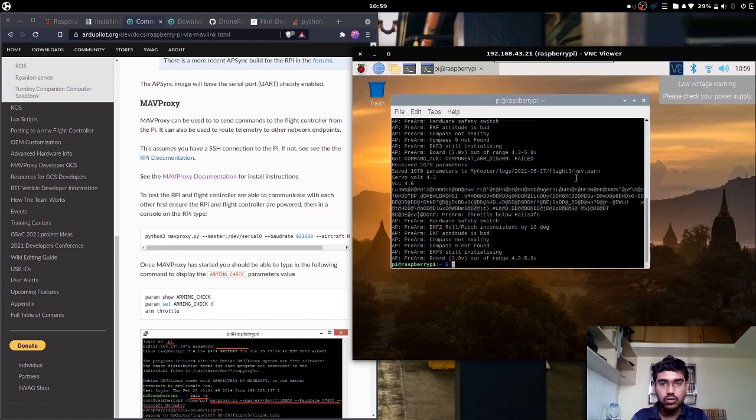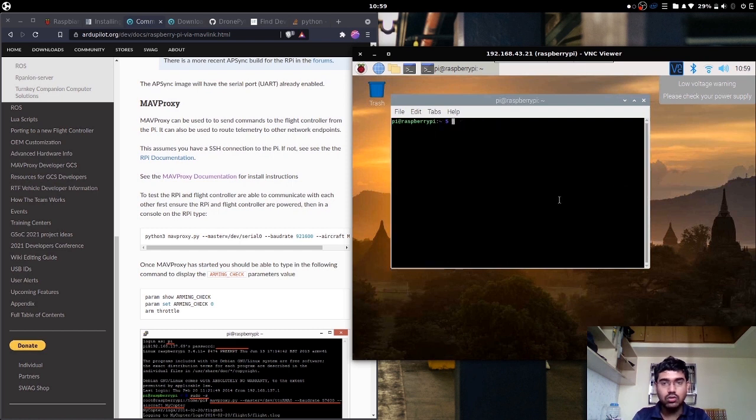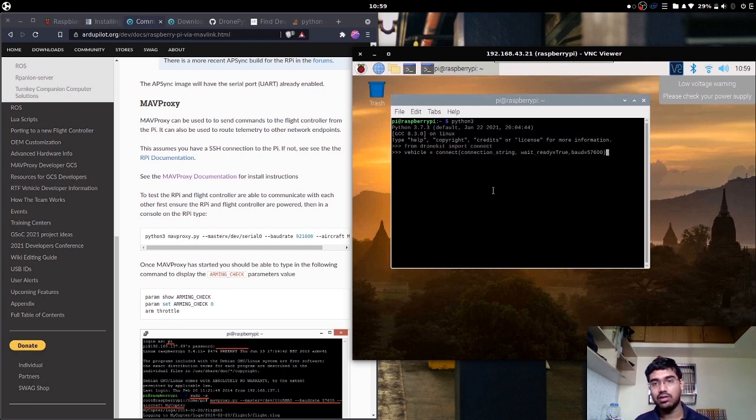Next, we'll use Python and try to connect with Python. So go ahead and open Python 3 and import DroneKit. From DroneKit, import connect. Connect is a method that will accept three parameters: connect string, wait ready, and baud.